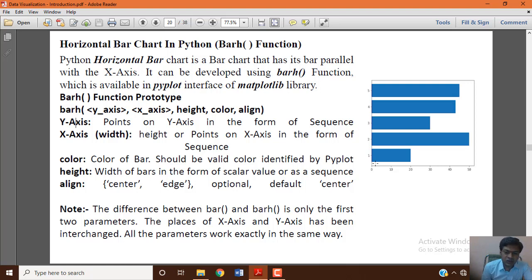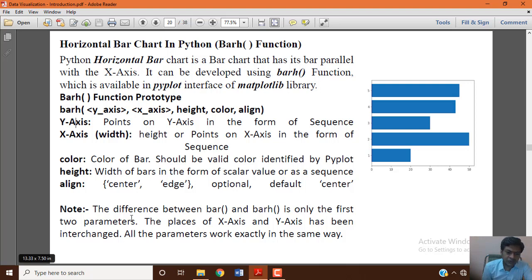The bar is centered on the point and extends above and below that point if it is a horizontal bar chart. If it is a vertical bar chart, you will see the bar generated to the left and right of that point. That is how you can observe the bar chart and horizontal bar chart both.